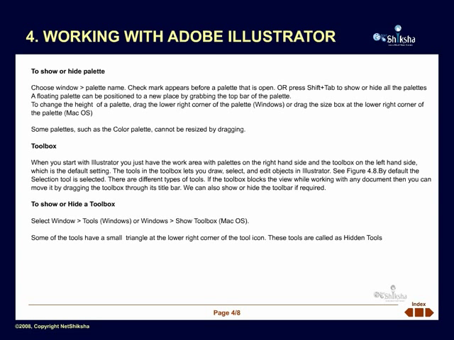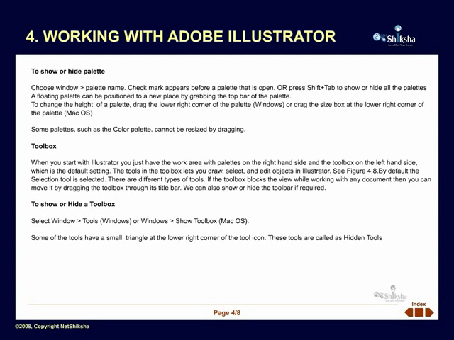There are different types of tools. If the toolbox blocks the view while working with any document, then you can move it by dragging the toolbox through its title bar. We can also show or hide the toolbox if required. To show or hide the toolbox, select Window and then Tools, or Window and then select Show Toolbox, that is